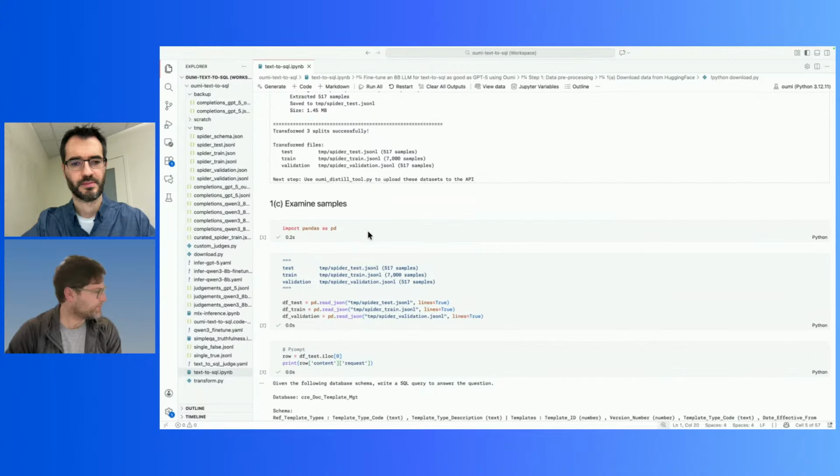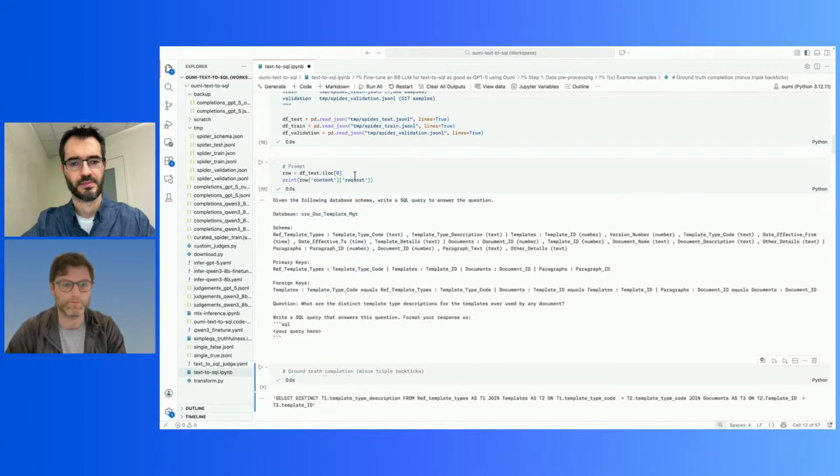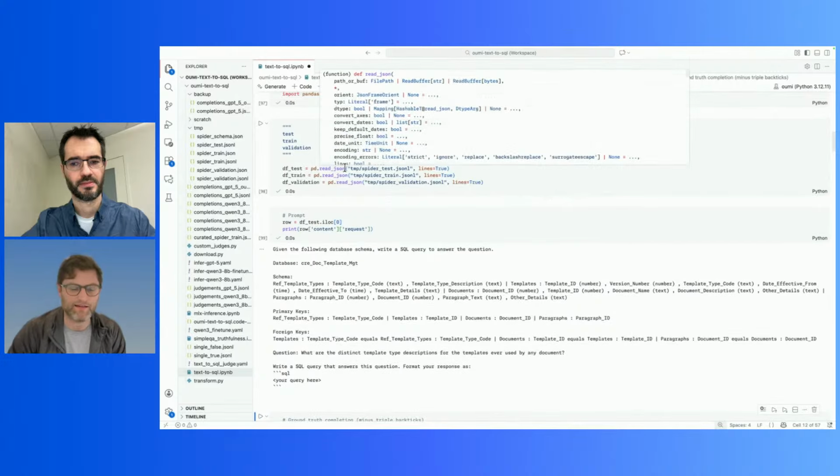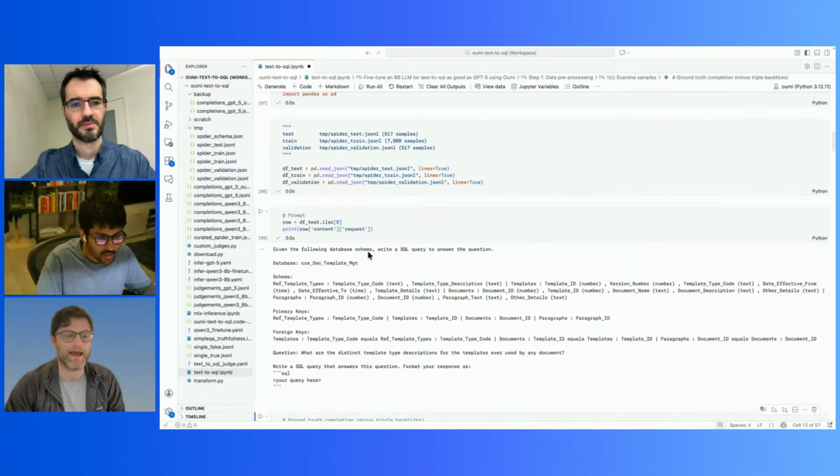So let's just take a look at some of these samples just to get a sense of what's going on. So here's an example of one row. You can see that those scripts have divided the data into test, train, and validation. And we'll take a look at one row just to understand what the format of the data is, what it contains. So firstly, within each row, this field here, request, has the actual